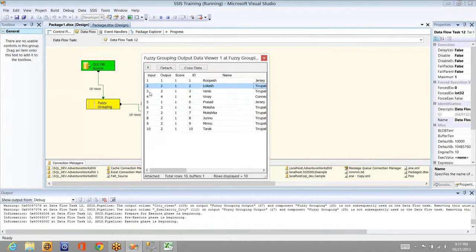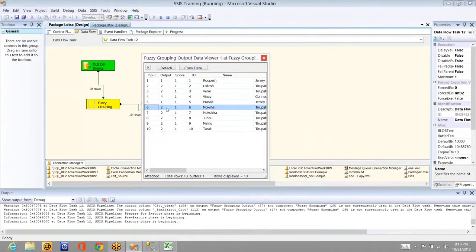For 3, the city is Tirupati, and it is already available in ID 2. I already came across it in ID 2. For 4, it is Connecticut or something. It is the first time, not available earlier. For 5, this is Jersey. Already it is available here.